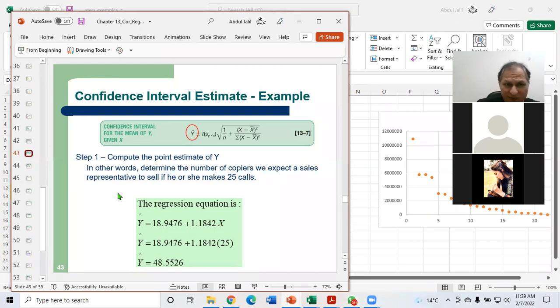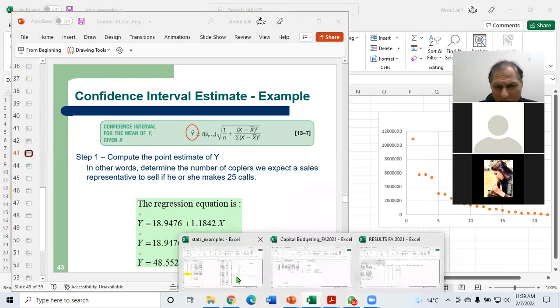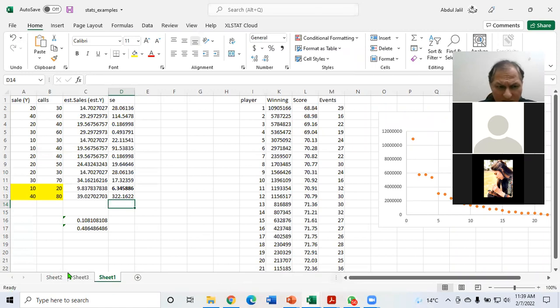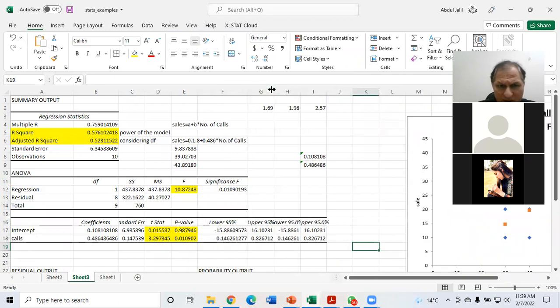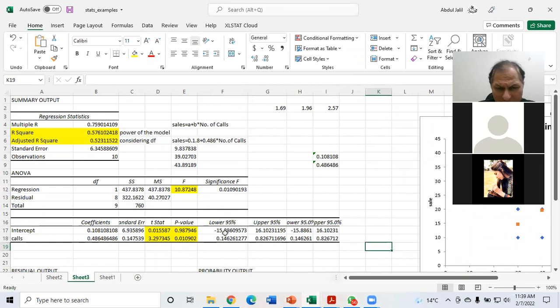Okay, the confidence interval can be estimated here. This whole process is given for estimating your interval, but you just observe it by yourself. I'm not going to take more time on this interval thing, because usually whenever you do your calculations, you will get these interval values, right? So the upper value and the lower value of this data set are going to be given. Upper and lower values at 95% for the intercept and 95% for calls, right? So you can calculate it by yourself. There is no problem in calculating that separately.